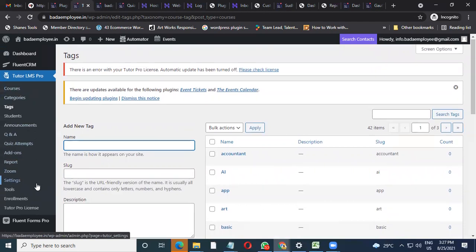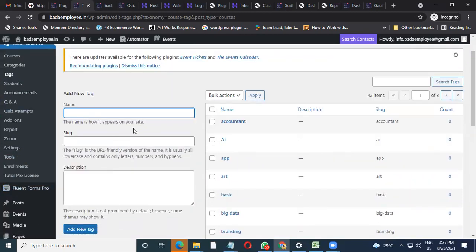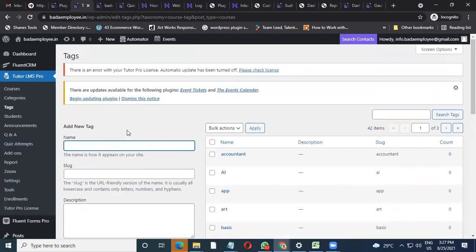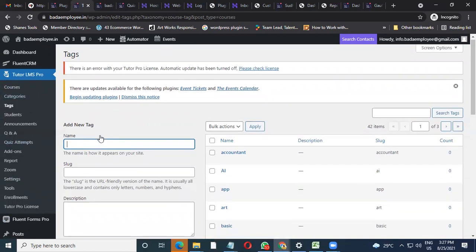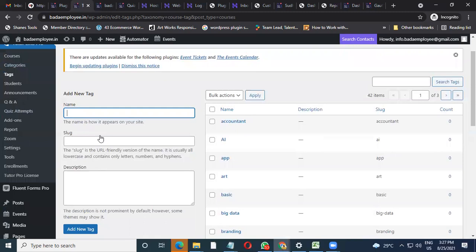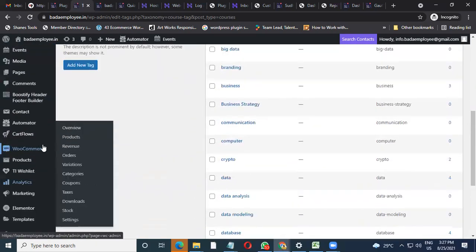Now we do have other platforms which are already integrated within your system itself. Don't get too excited with the tools which are given. It's already there, don't worry, it's your system. Nobody's going to take these things from you. But as I told you, you're a beginner, so start by adding new courses and working on the content. Once the content and your courses are there, you can think of creating landing pages.